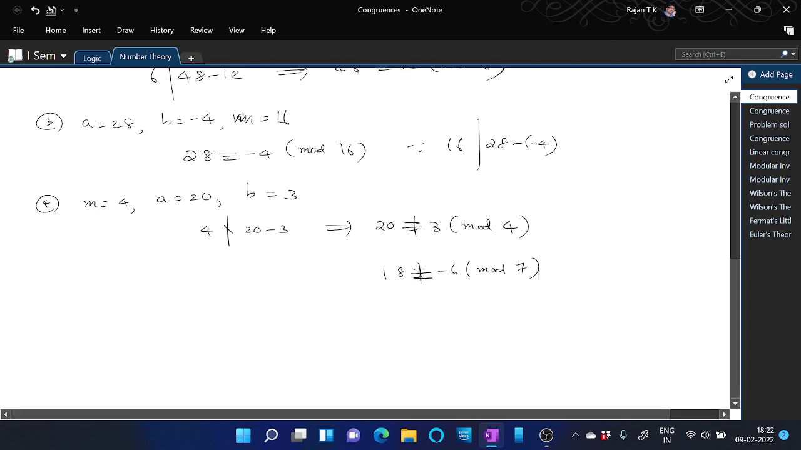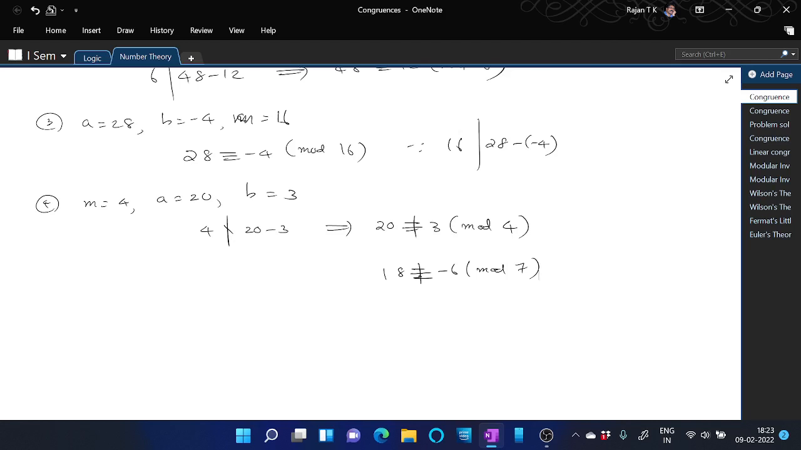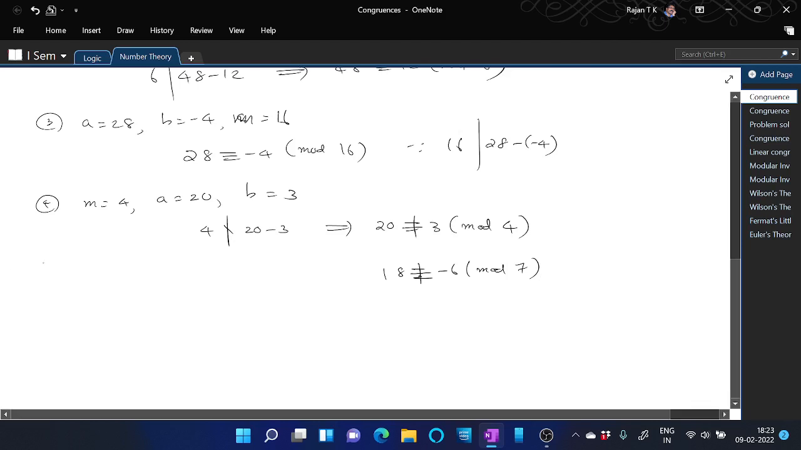The idea of congruences actually is used in many practical situations in our life. Now, let us discuss certain results concerned with the congruence relation. These are considered as theorems. So, the first theorem that we discuss in this section is: a congruent to b mod m